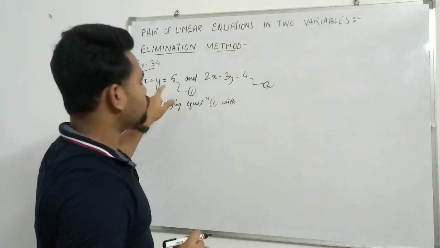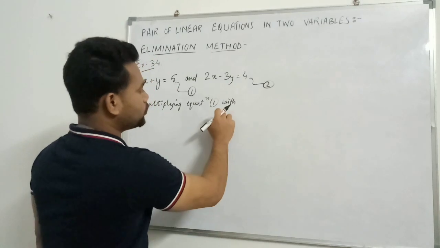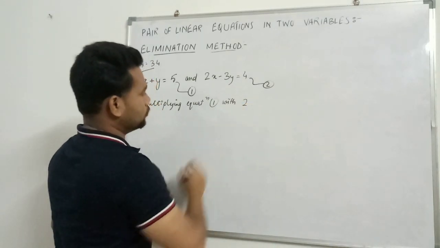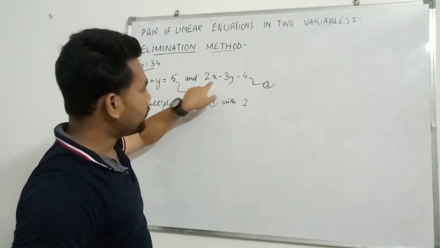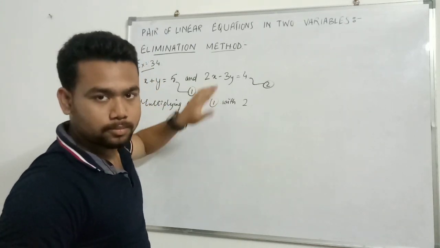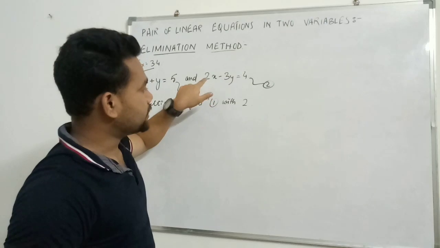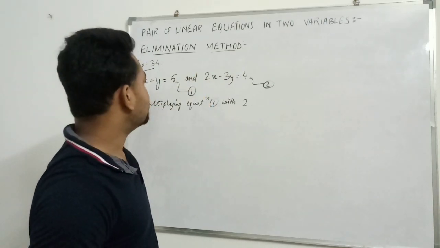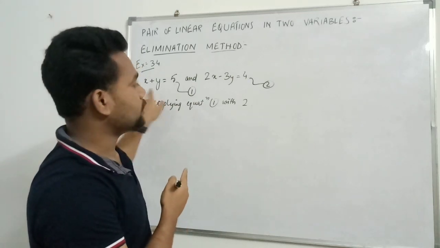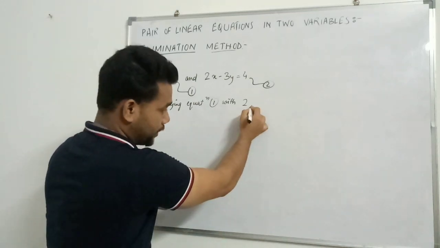The whole equation should be multiplied by what? The whole equation should be multiplied by 2. Why 2? Our question comes at why 2? Because I want to delete x from this equation. Since the second equation's x has the coefficient 2, I must multiply the first equation with 2 so that